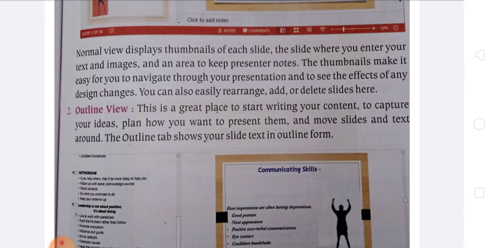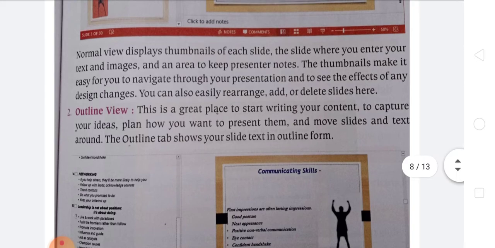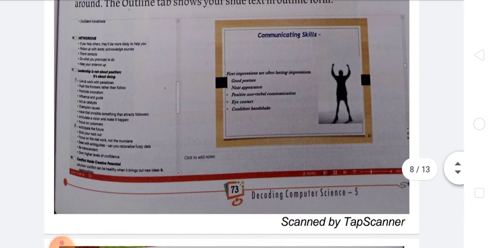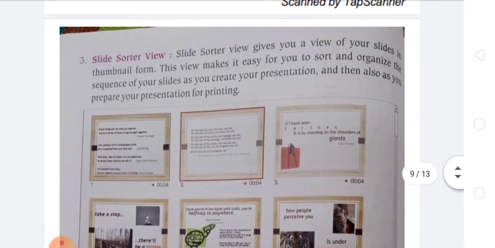Then outline view. This is a great place to start writing your content, to capture your ideas, plan how you want to present them, and move slides and text around. The outline tab shows your slide text in outline form, just like this. Then slide sorter view.